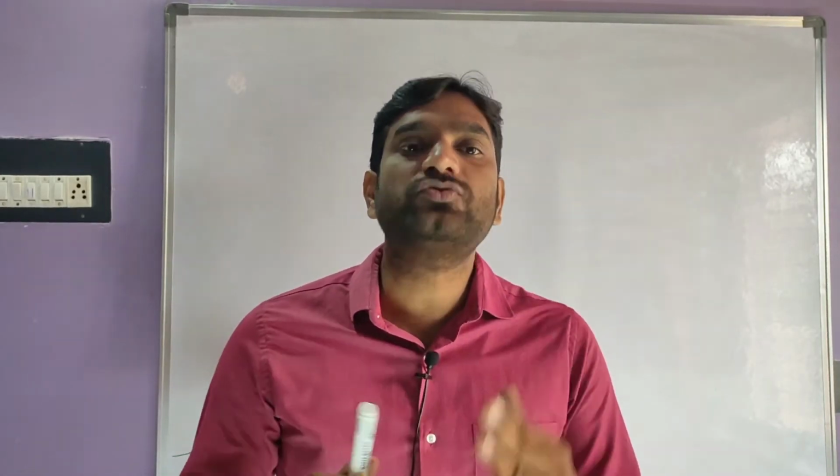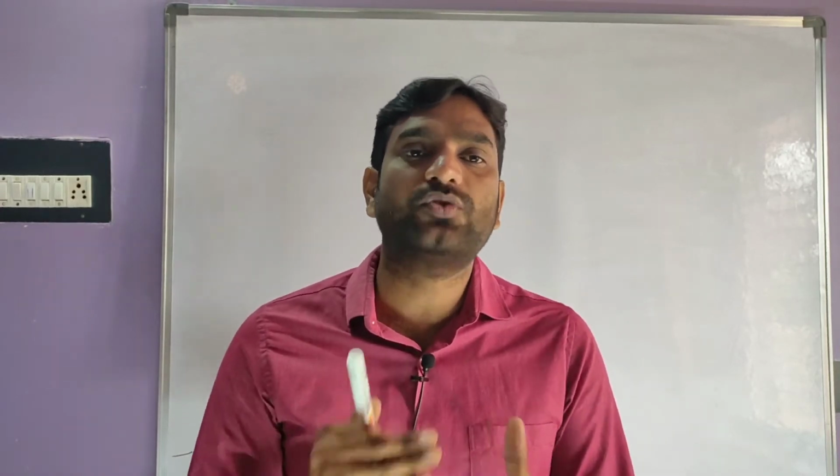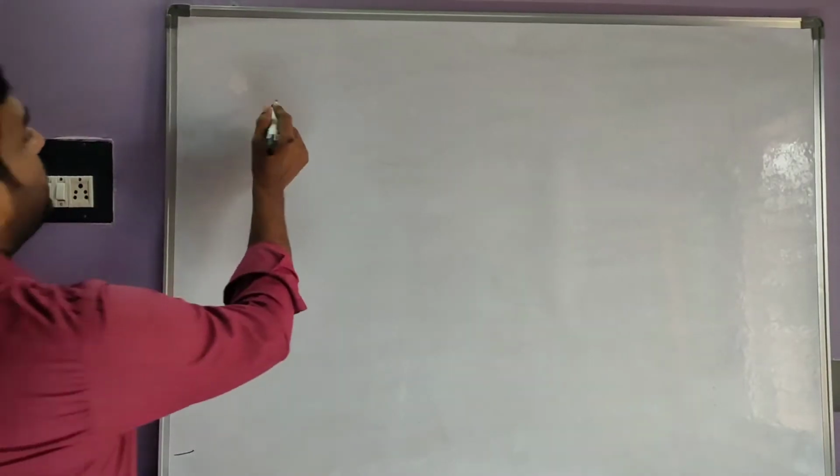Hi friends, welcome back. In this video, I am going to explain polynomials exercise 3.3 in the second bit. That is, if you are given the sum and product of the roots, how to find the quadratic polynomial. Here the problem is given 1 by 4 comma minus 1.